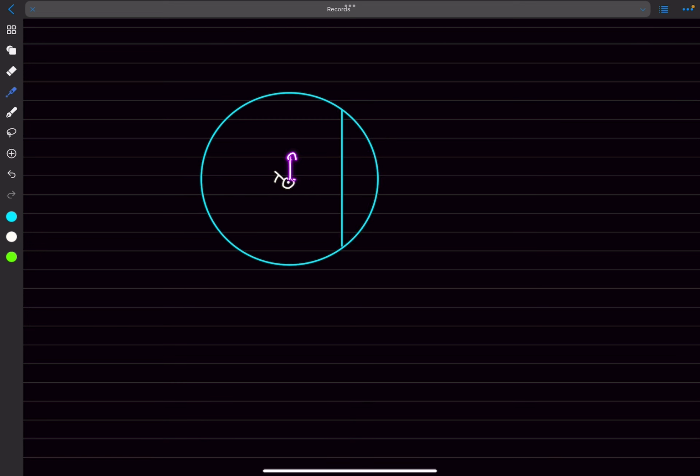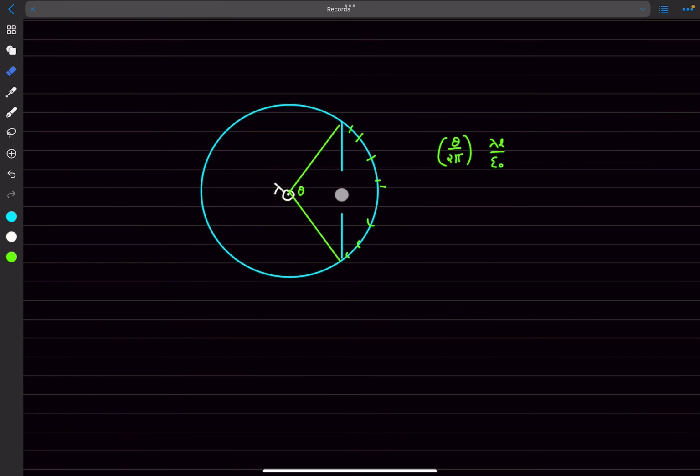As the electric field lines are equally distributed in the radial direction, if this particular line subtends an angle theta at the center, we can say that the total flux through this part of the cylinder is going to be theta over 2 pi times q enclosed over epsilon naught. Okay, so yeah,